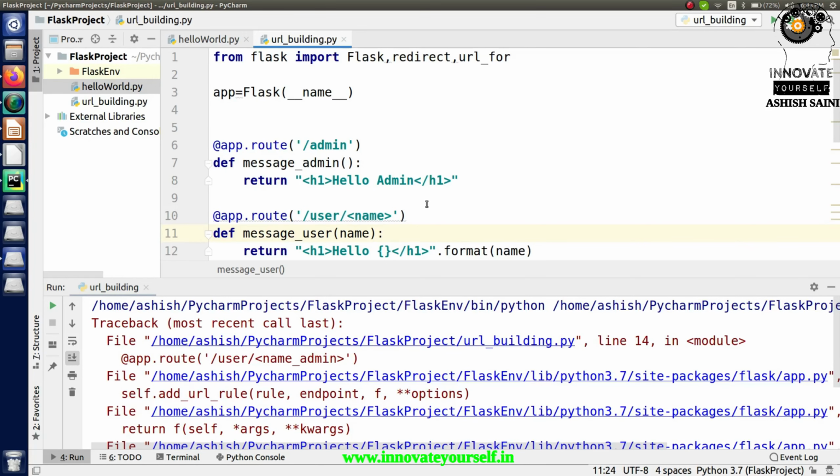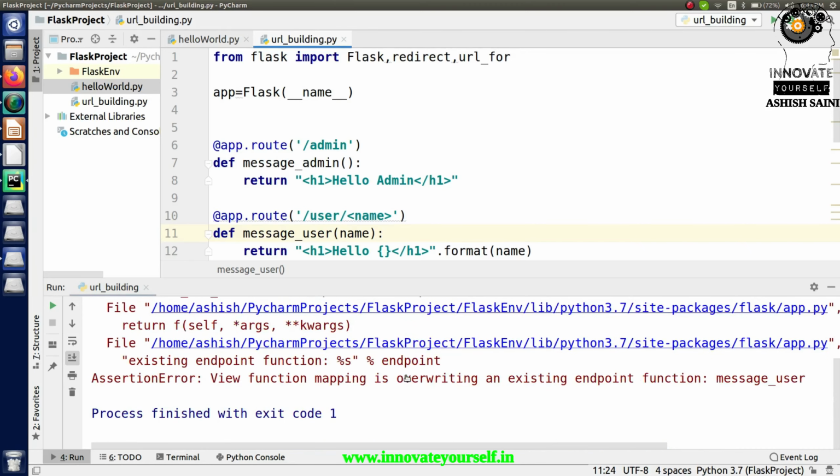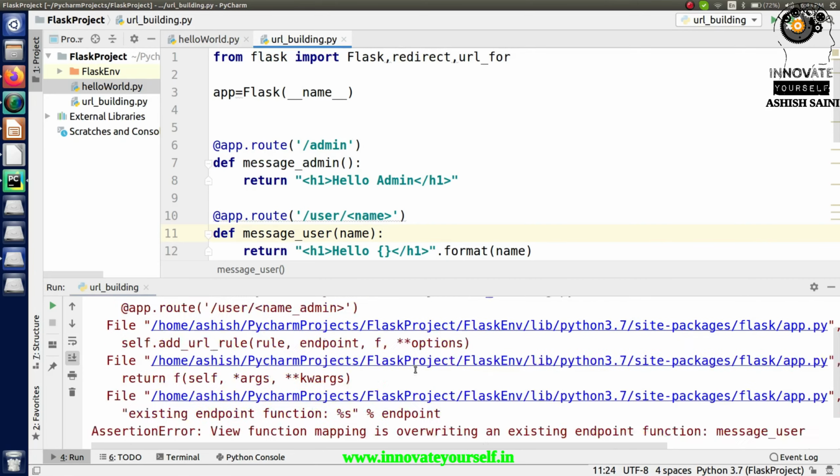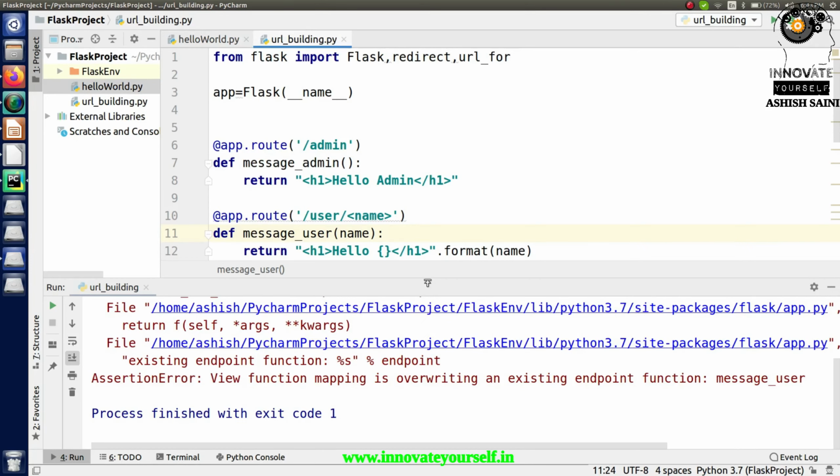Maybe it is not allowing me to enter the value in this form. Okay, wait. View message mapping is overriding an existing endpoint function message underscore user. Okay, so let's see what is the problem.